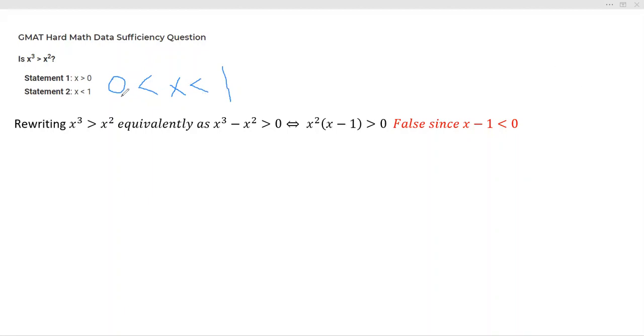Now let's just work with a concrete example. Let's just pick a number in here. A simple number would be 1/2, right? So we certainly know that 0 is less than 1/2, which is less than 1. No doubt about that. But look what happens if we take this value of x, a concrete value of